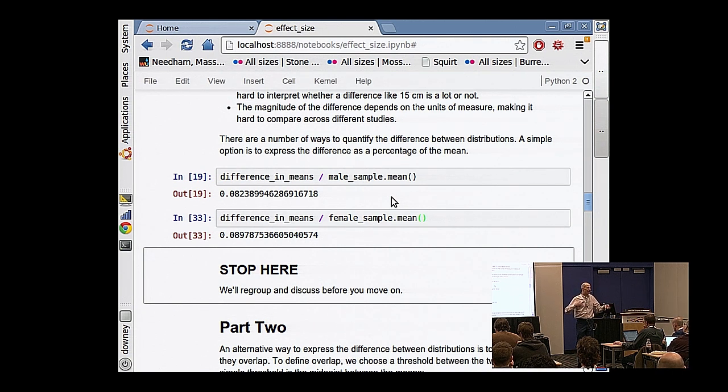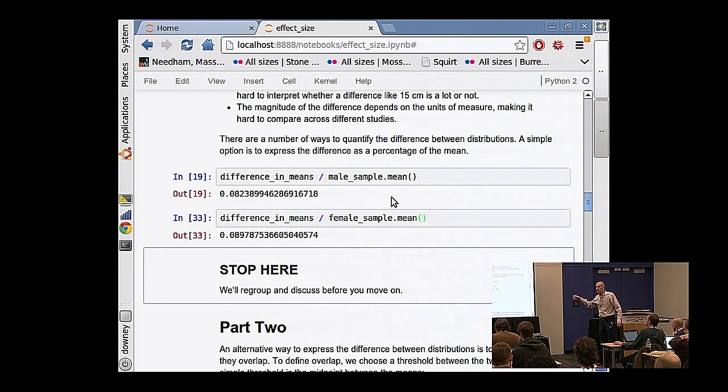So if I tell you that the difference between men and women is 15 centimeters, but I tell you that there are two species of beetle and the male beetles are smaller by 0.1 centimeters, we seem to have two very different numbers. I don't know how to compare those to each other. Expressing them in terms of percentages is a possible solution. We could say that men are, in this case, something like 8% taller, and maybe those beetles also differ by 8%. And in that case, we would say that the gender dimorphism in these two species is roughly the same magnitude. So that's a way of conveying effect size in a way that's comparable across different studies.